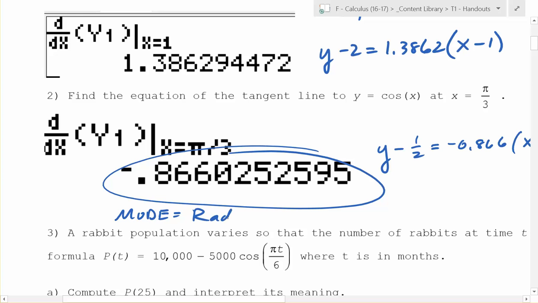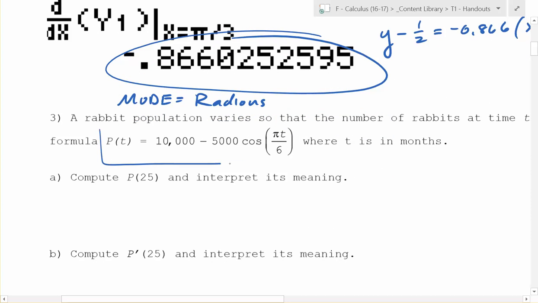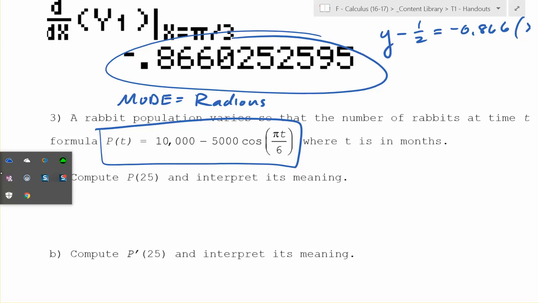Now here's the thing. What I just showed you with your calculator, does the calculator care what type of function it is? No. Does it care how complicated it is? No. So you see that function right here? This looks super complicated, right? But what can you use to do these things? You can use your calculator. Yes, Alex. Would you ever want to do a problem like this in degrees? That's a really